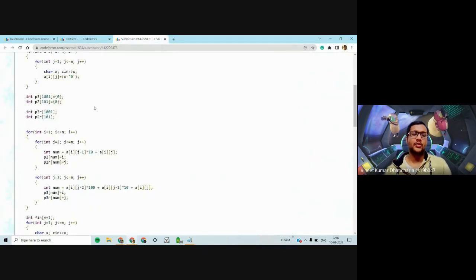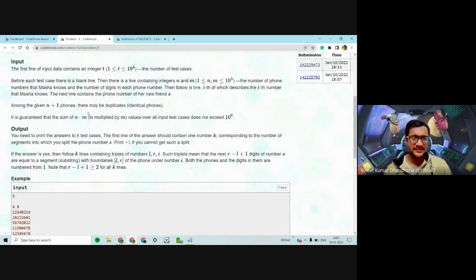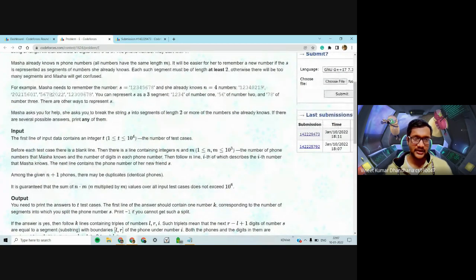So P3R and P2R denote the right coordinate of the given number which we are checking. Suppose we are checking 567. Is 567 present as a subsegment in the previous numbers, which we can see in the example exists in this string.